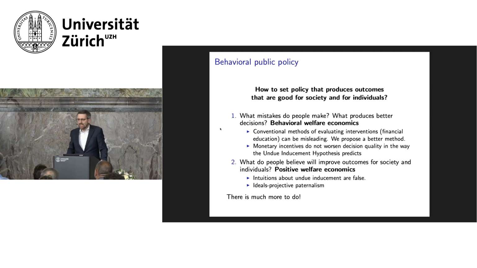And that led me to segue into positive welfare economics. The undue inducement hypothesis is a conjecture about how humans would behave, and as I've shown you, it's not a correct conjecture. People do have mistaken beliefs and biases about what would be good and bad for others. I've also shown you, when we look at how people want to intervene paternalistically with others, there's also systematic biases there. People behave as if they want to impose their own preferences on others. People do not correctly predict what the effects of their interventions are going to be, and so we know that at least in part, these interventions must be mistaken.